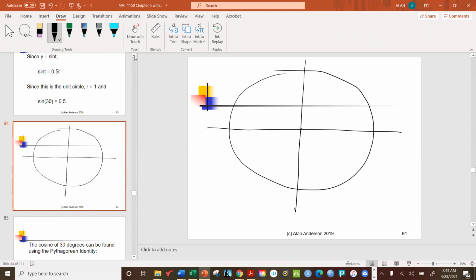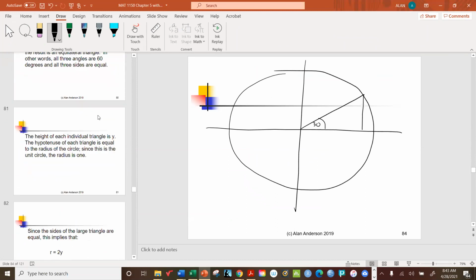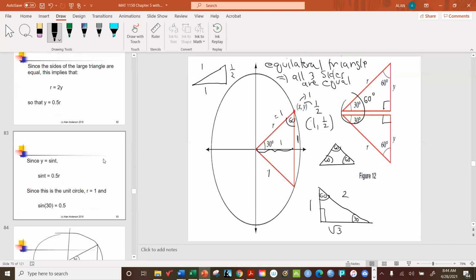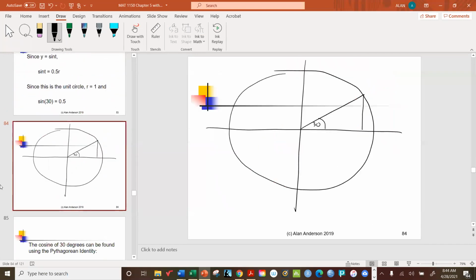So remember, there were two triangles. The top one, we know that this angle is 30. And again, why do we know that it's 30? Because remember, this is an equilateral triangle. The big full triangle is equilateral. So therefore, this angle is half of 60 or 30. But that also means that this one up here is 60. All right, so let's come back down here. So here's 30, here's 60, and then here's 90. Okay. And because this is a unit circle,